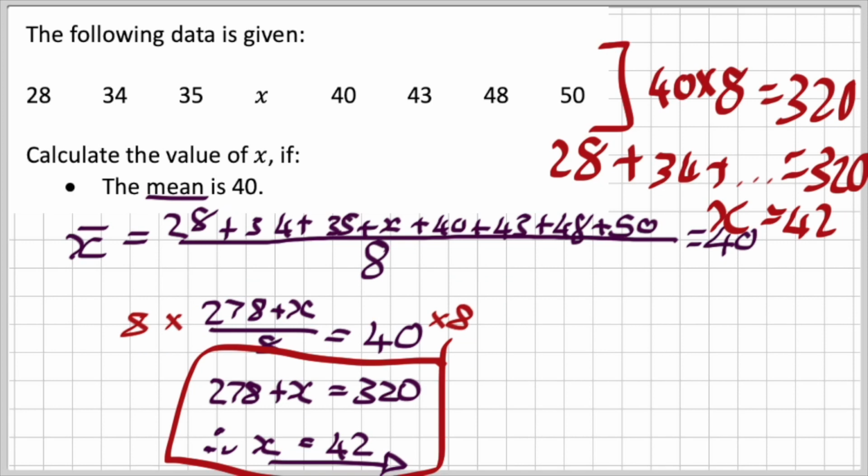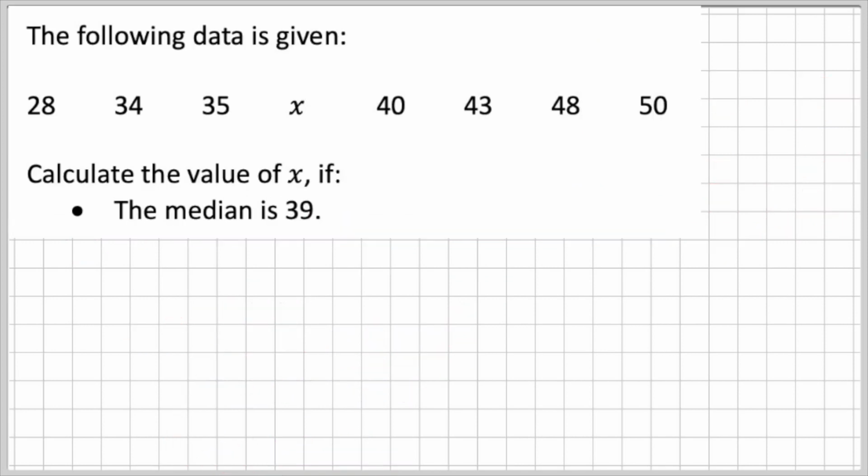Now let's look at another kind of question. The same data is given, but now I'm asking you for the value of x if the median is 39. So I've got to now think, and this is making an assumption that this is in ascending order. Okay? So how do I determine the median? I go and find the middle of the data set. So front, back,